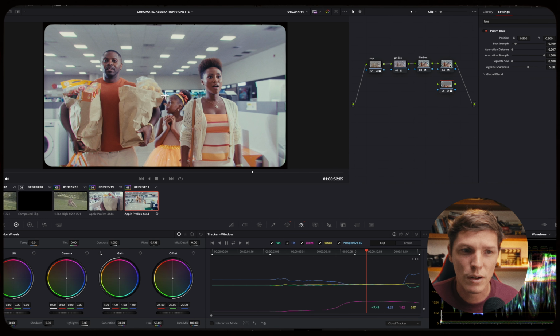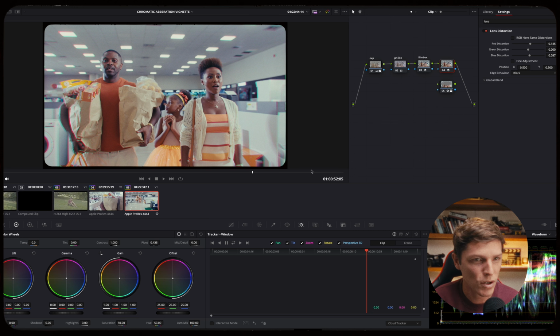So let's toggle this on and off so you can see this. In this version, let's push it a little bit for the sake of YouTube, and let's push it a lot. Yeah, so on and off. And as I said, if you wanted to adjust this mask, you could here somewhere. Oh right, I didn't power window. So all right guys, you've gotten your effect more or less, you've gotten your aberration, and again,